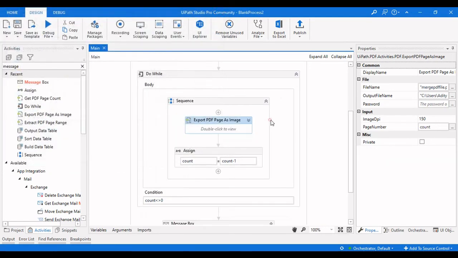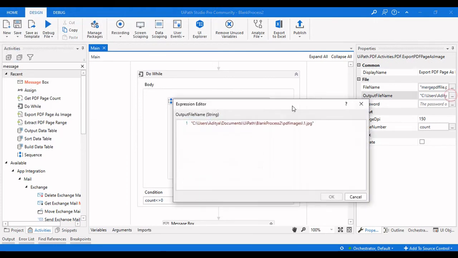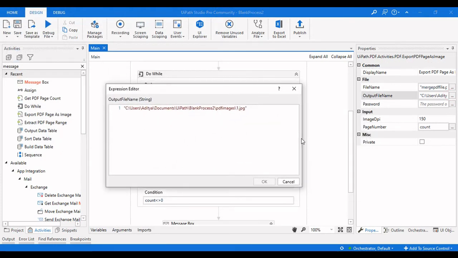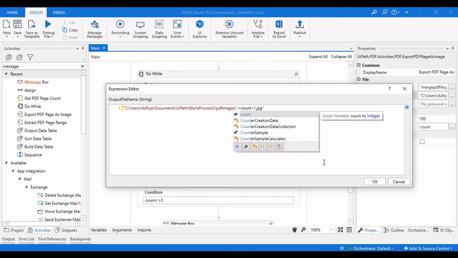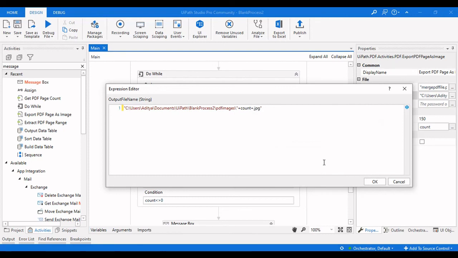So we need to change this particular path. The output path will be here. We need to pass the count value, so let us give it as plus, and then count. Here we don't need to make it as 1.